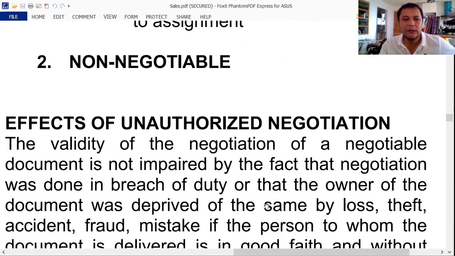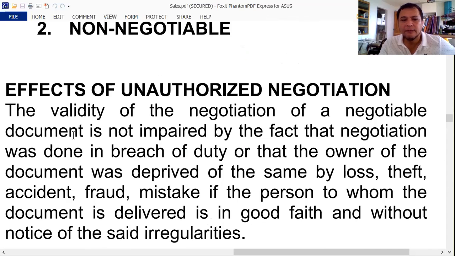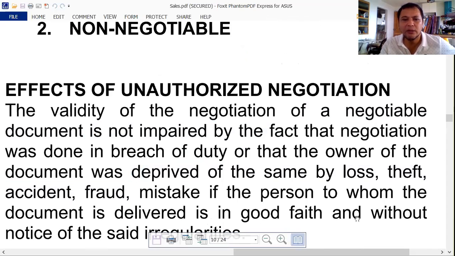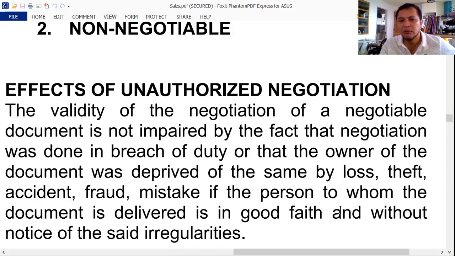Now let's discuss the effects of unauthorized negotiation. The validity of negotiation of a negotiable document is not impaired by the fact that the negotiation was done in breach of duty, or that the owner of the document was deprived of the same by loss, theft, accident, fraud, or mistake, if the person to whom the document is delivered is in good faith and without notice of such irregularities. Meaning, if the person who is negotiating the document just found that document, and the person who receives it or who bought it is a person in good faith,